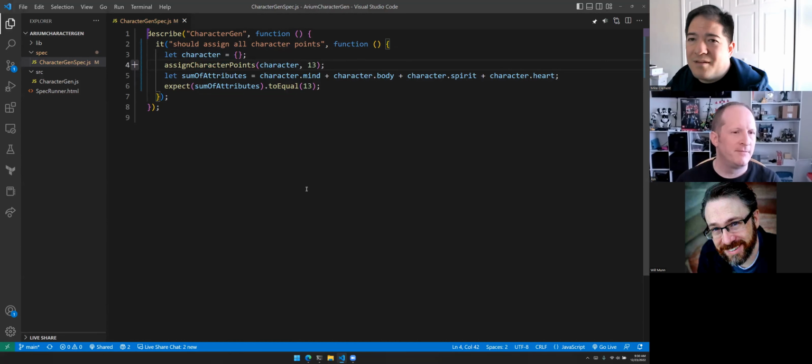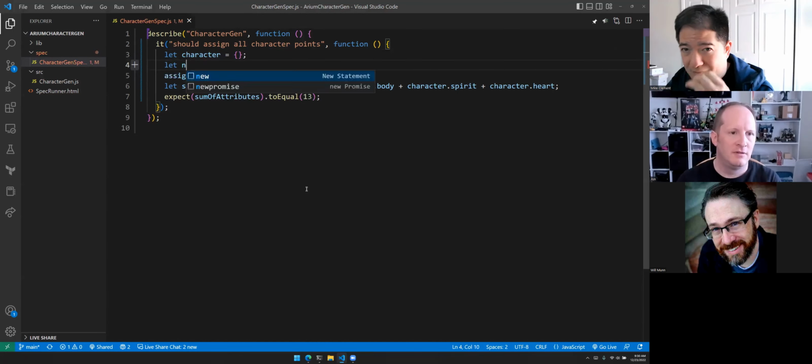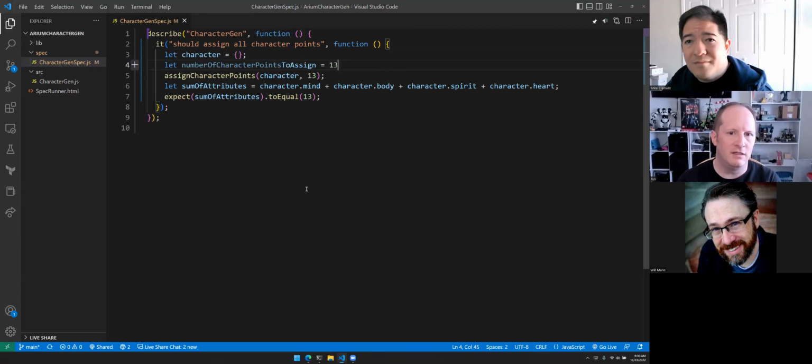You could also probably abstract that 13 points into a variable too, and you could have that as the input for both your expect and Character points to character points. Some of these can probably be consts instead of lets, but I don't care right now. Sure,